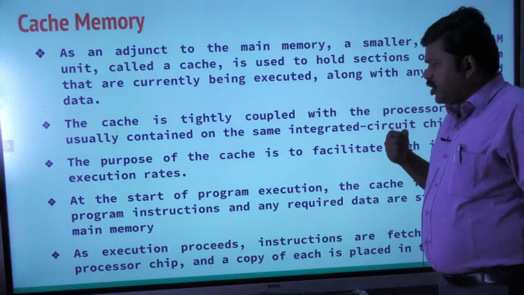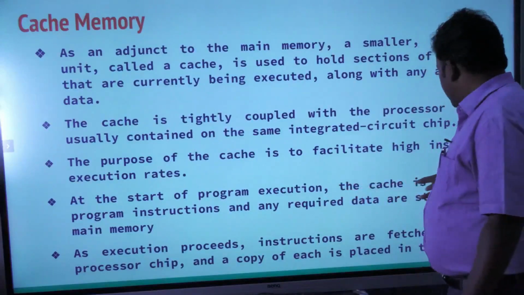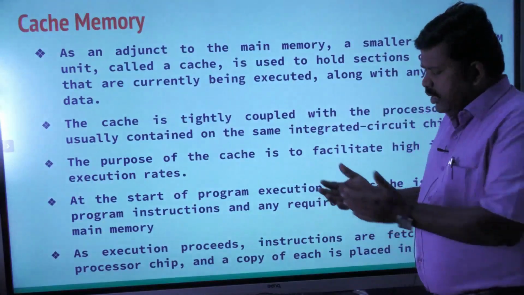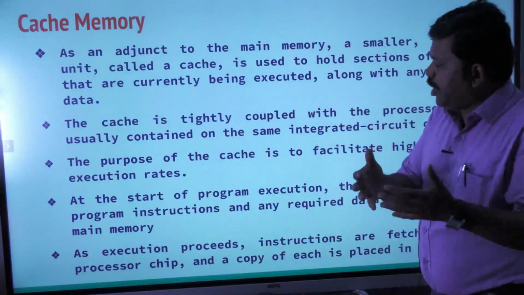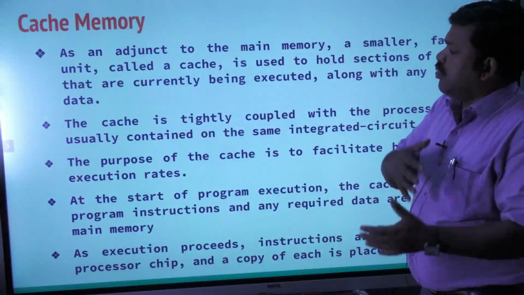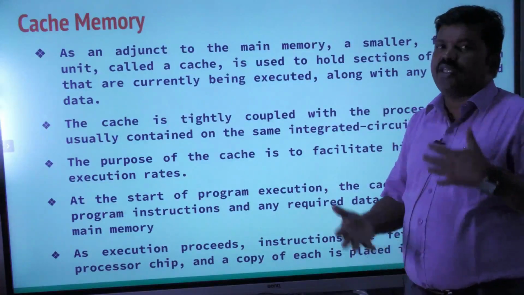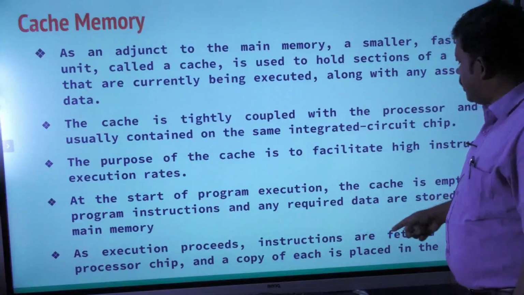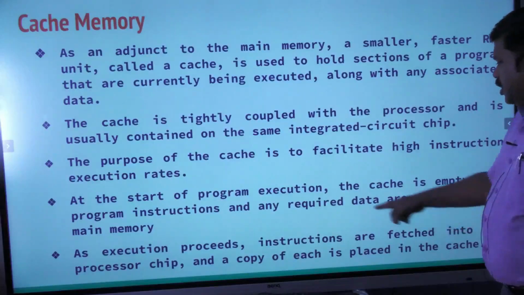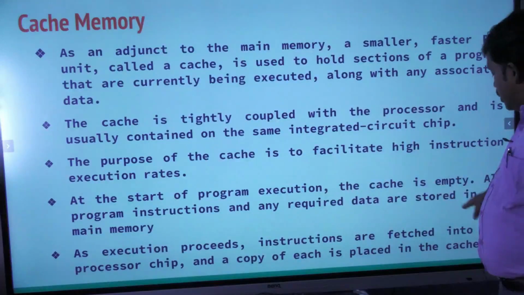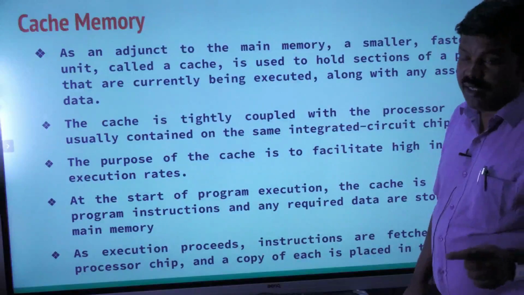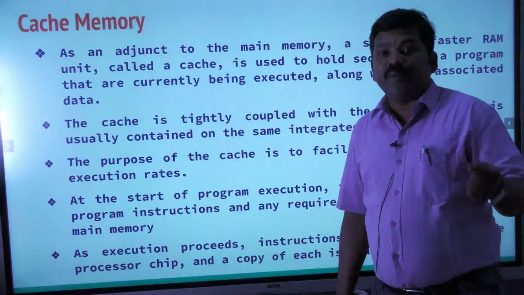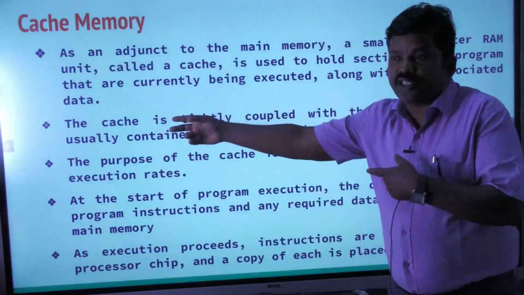Initially, when the system is switched on, the content in the cache memory is empty. Once the program starts executing, the content will be transferred from the primary memory to the CPU, so that the frequently used instructions and their associated data are available in the cache memory. As the execution proceeds, the instructions are fetched into the processor chip and a copy of each is placed onto the cache memory, so that the next time the CPU wants to read the same instruction,